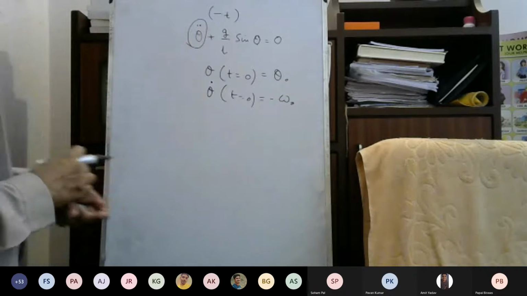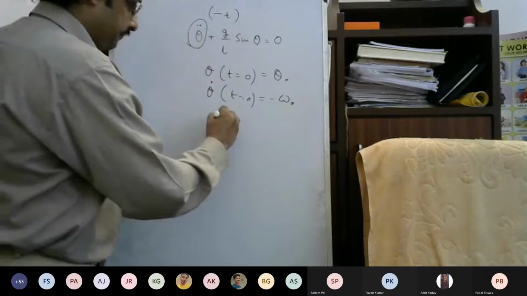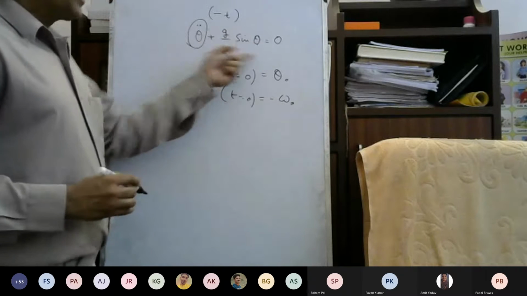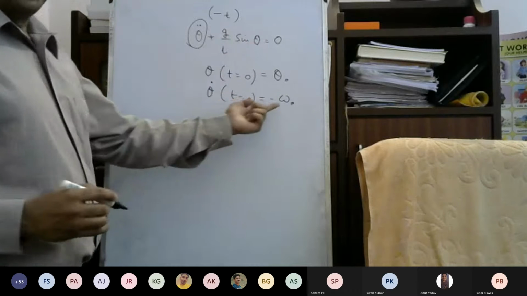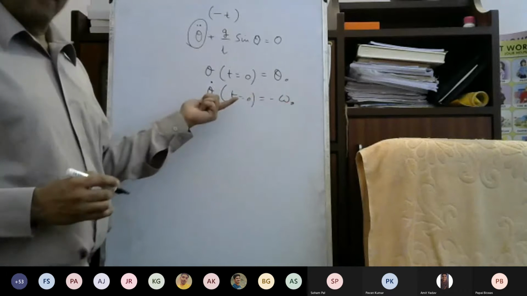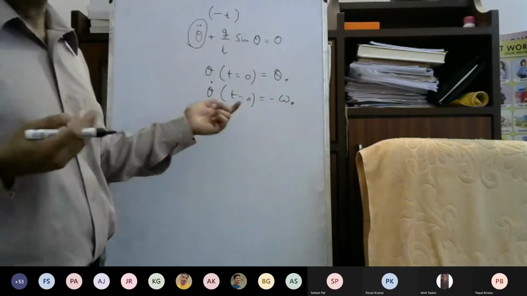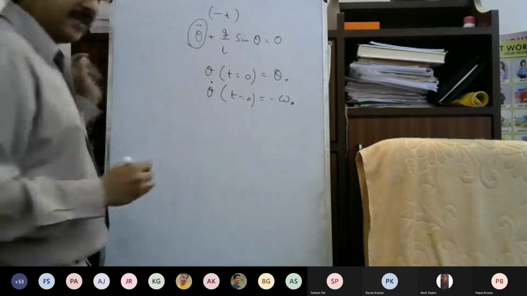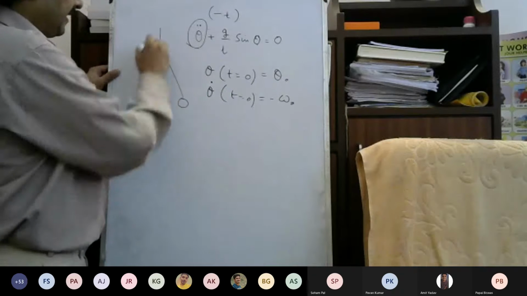So what it means is that if you consider either time t positive or negative, the equation of motion does not change. The initial condition changes only in the value of the angular velocity. Angular velocity negative means that the direction of the velocity is changed. The magnitude remains the same, but the direction is changed. So it means that if you have any vibratory system in this particular situation, this bob is moving there, and